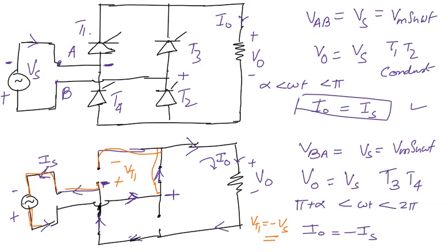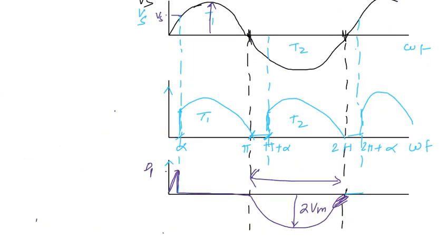So that is one of the importance of this circuit, that the peak inverse voltage is lower. Here we are also not using a transformer. That's one of the biggest advantages, that your circuit is not bulky. Now drawing the waveform, your Vs will be the same. For V naught, here T1 and T2 are conducting, and here T3 and T4 conduct.